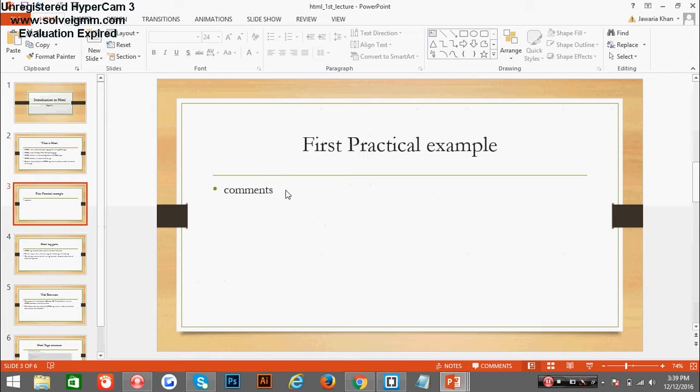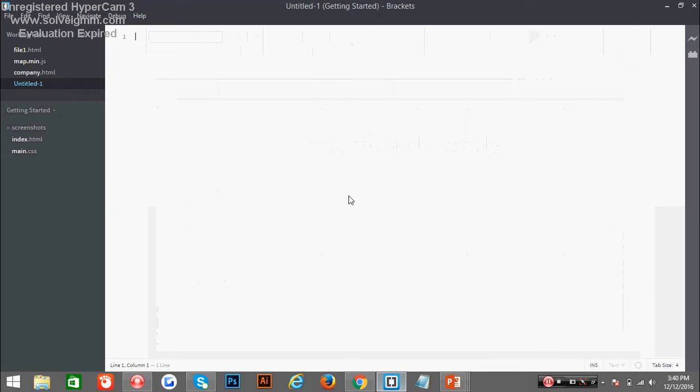First example, we will see the first example of HTML. Kindly install any type of software on your machine. I have Brackets over here. The latest version of Brackets is 7.1.7, sorry, and you can also use Sublime Text Editor and simple Notepad as well. So we will do the first example of an HTML program